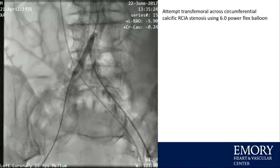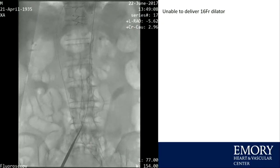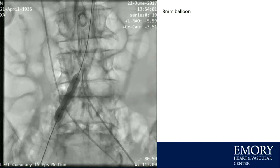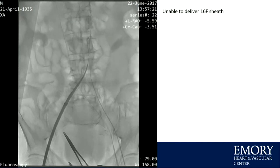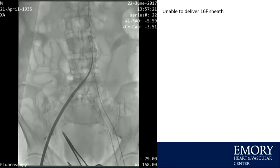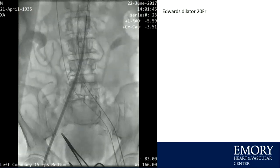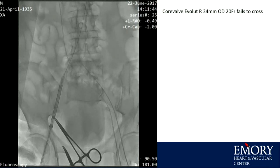This was admittedly before Shockwave. Things might be a little bit different now, but we ballooned it with a 6 and we couldn't even get sheaths anywhere close to through the calcium. So we took an 8 millimeter non-compliant balloon, still couldn't get even a 16 French sheath in. We were able to get an Edwards dilator. We busted open an Edwards dilator, got that sheath out with a longer transition,